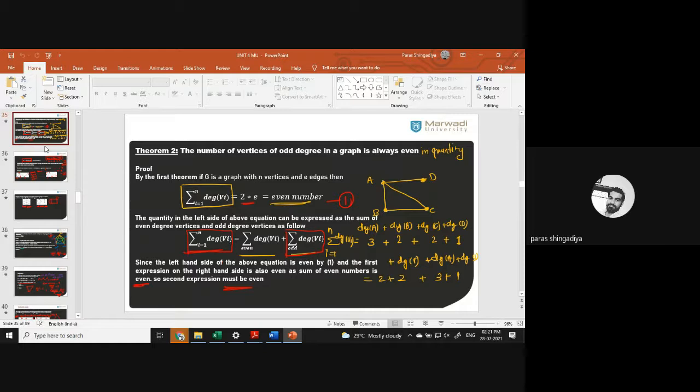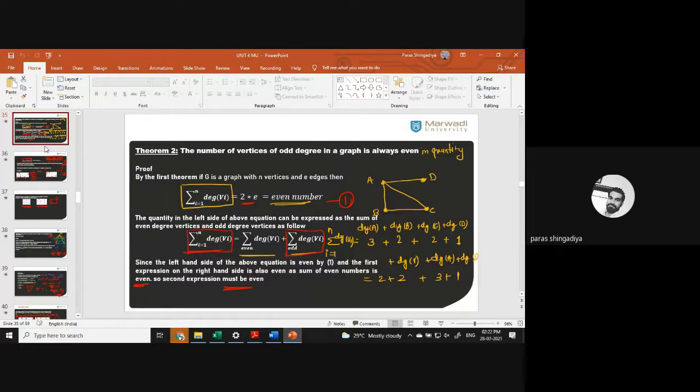Okay, now you have to split this sum into two parts. Since it is an addition, we can easily interchange the numbers. Okay, the answer will always be the same. So just consider the even degree vertices. Which are the even degree vertices? B and C. Clear? So consider as one part 2 plus 2. That is one side.